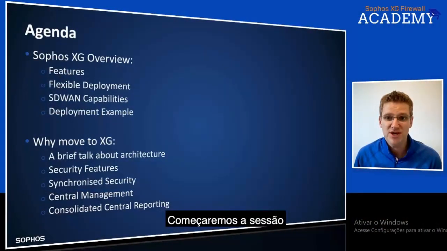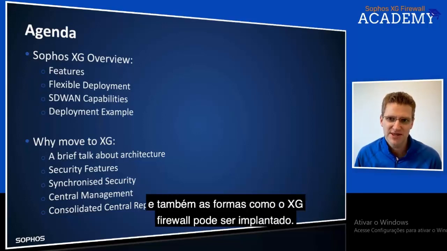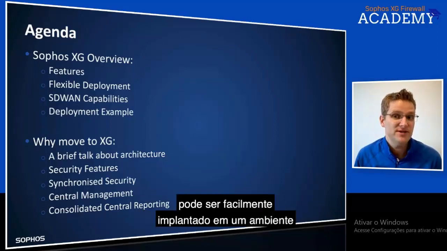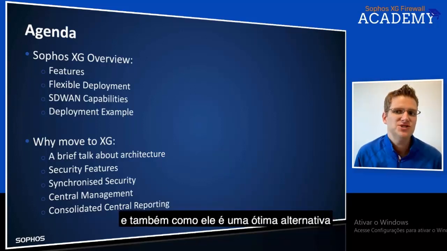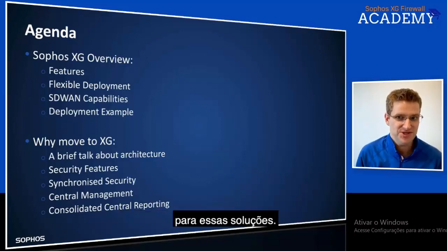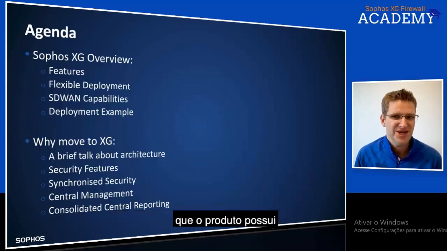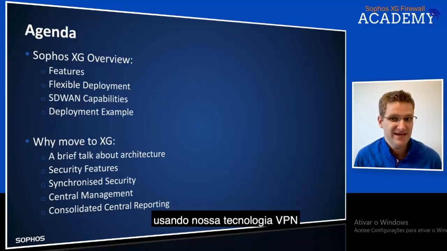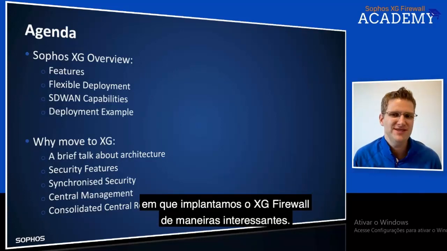So we'll start the session with a quick high-level overview covering the XG features and also the ways in which the XG Firewall can be deployed. We'll show how the XG Firewall can seamlessly be deployed in an environment where network security appliances already exist, but also how it is a great alternative to those solutions as well. We'll then move on to the SD-WAN capabilities that the product has, showing you how you can seamlessly connect all your sites together using our VPN technology, and also share some useful deployment examples where we've deployed the XG Firewall